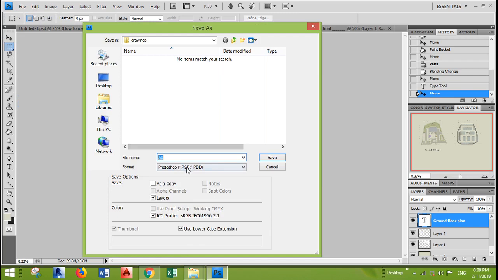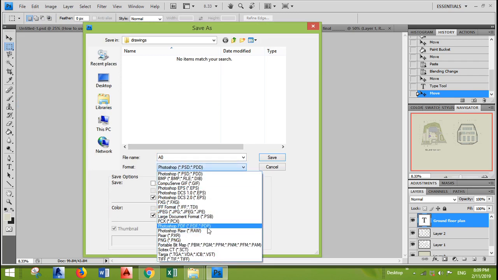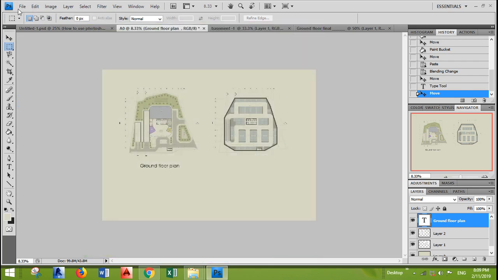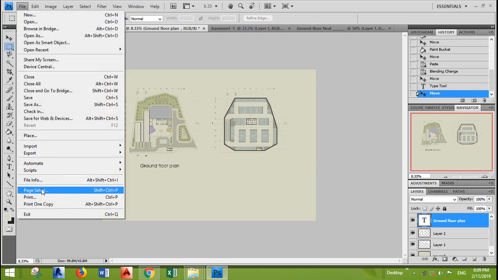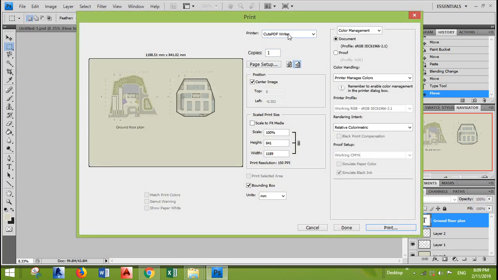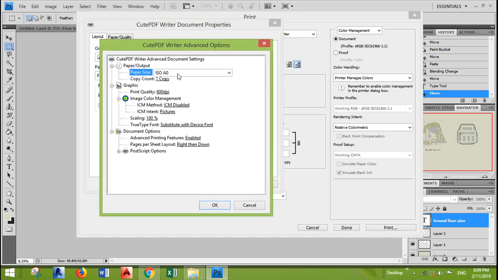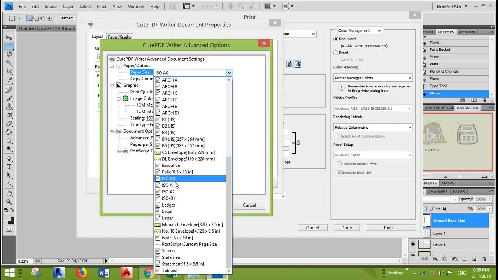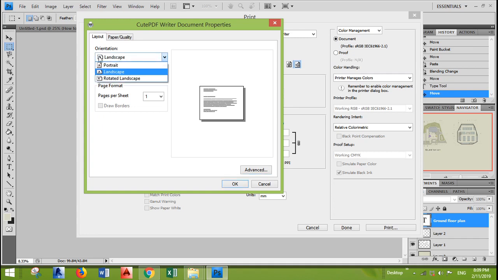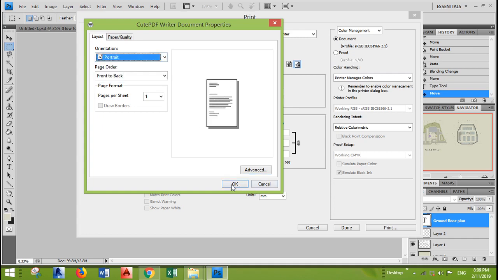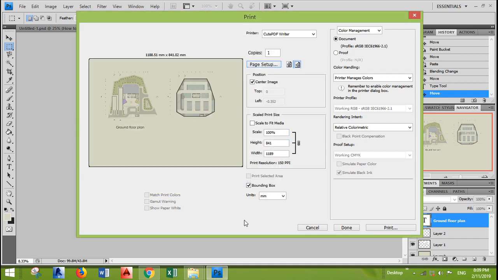You can either save it as PDF, okay, or I don't know why, but I prefer printing using the same tool that I use for Revit, which is Qt PDF. Originally, when you open this box, usually the size won't be right, so you need to go to page setup and you need to go to advanced, select the size of the paper that you want, and make sure the orientation is right. It's not portrait, because you see how it will look like. You need to select the right thing,